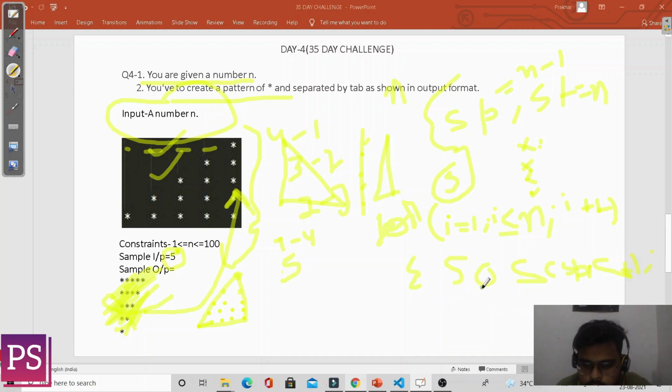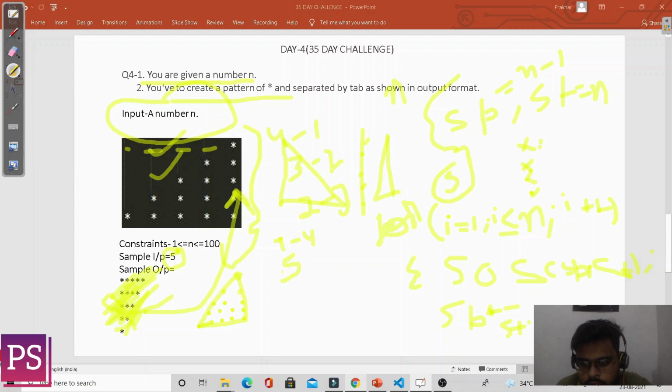Then sp plus plus, st plus plus. The spaces have been decreasing, so sp minus minus, and the stars have been increasing, so st plus plus.